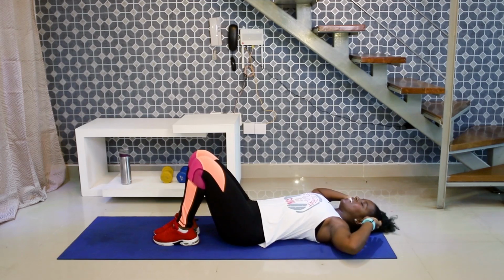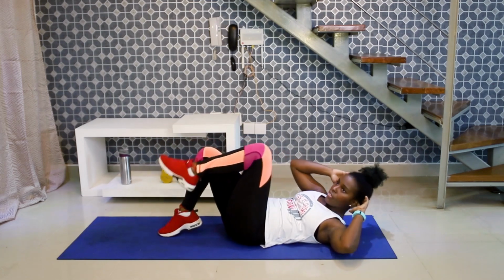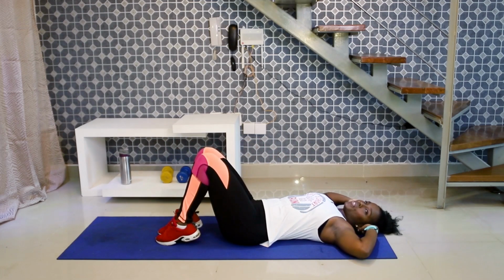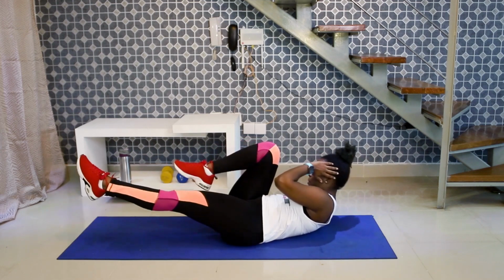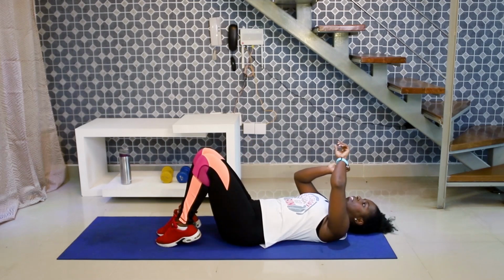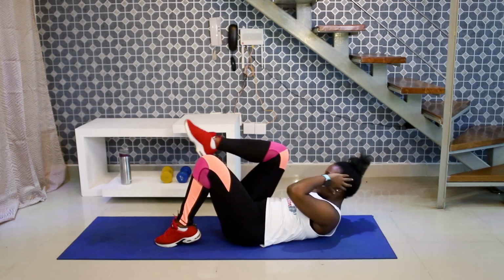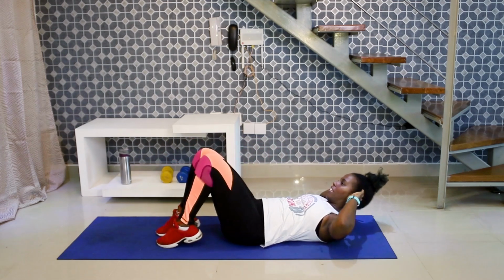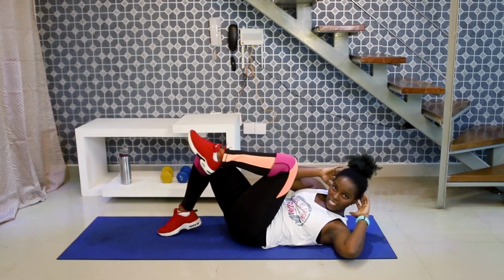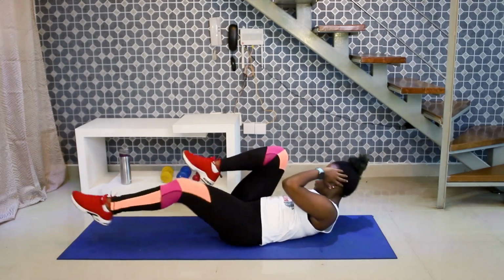As our second move. It's the modification. You can stay here or you can stretch the legs. 3, 4, go. For beginners and for more advanced,